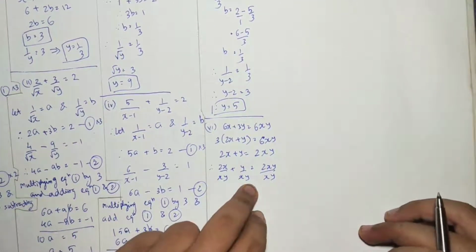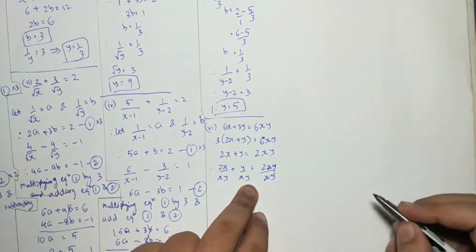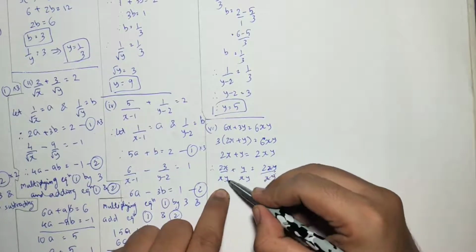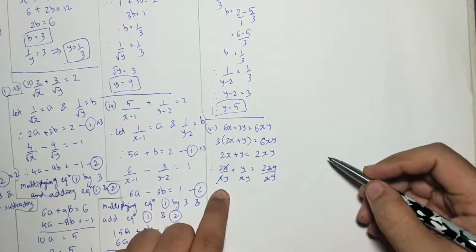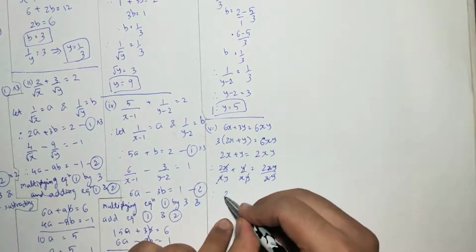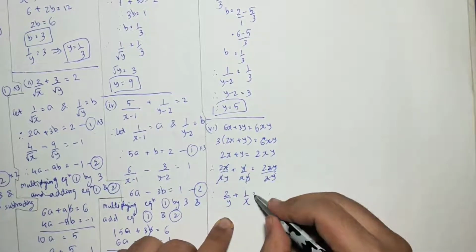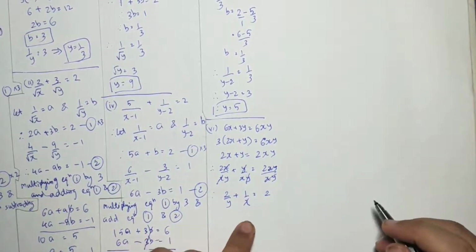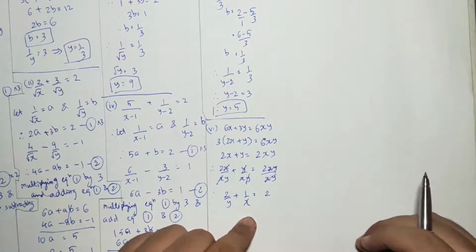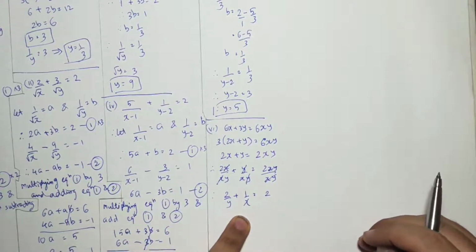If you divide both sides by the same term, the answer would be the same. On the right hand side, xy will cancel out. Here, in the first term it is x upon xy, so x will cancel out. In this term, y will cancel out. So what will remain? 2 upon y plus 1 upon x equals 2. Now, there is no need to say how to solve this. 1 by x equals a, 1 by y equals b. I am not solving this, but you know how to solve from this step.